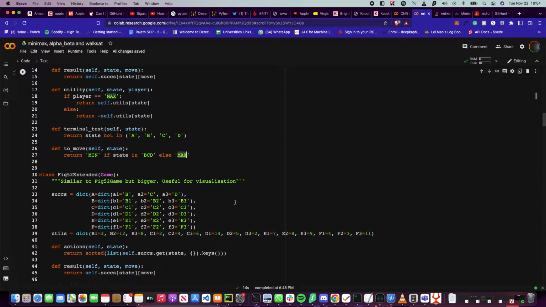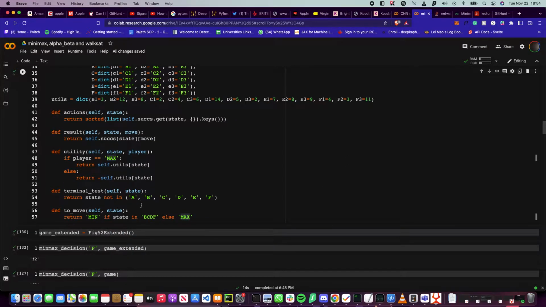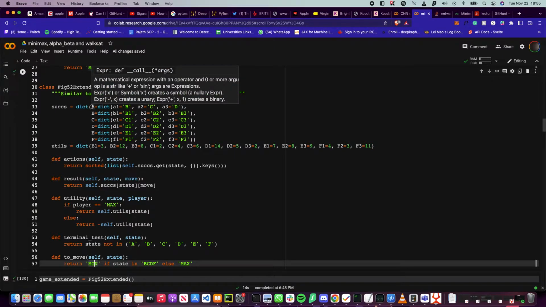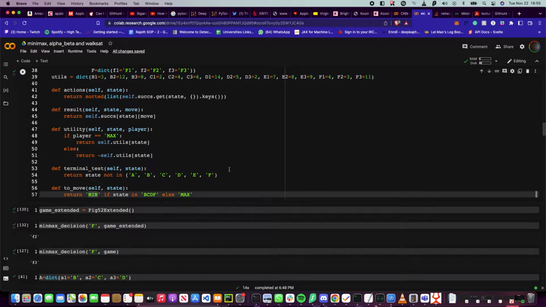So I've built two more nodes, that is E and F, with different utility values. If we are in the nodes B, C, D, and F, then it is a min node. If anything else, it is the max node. So A is the max node, B, C, and D min nodes, E max node, and F is the min node. So based on that, the utility value is going to get calculated,